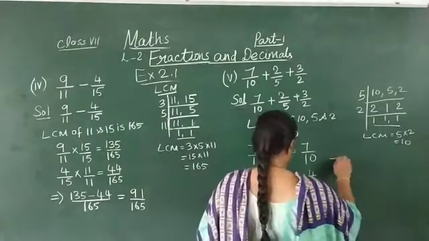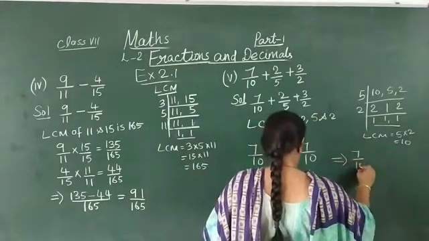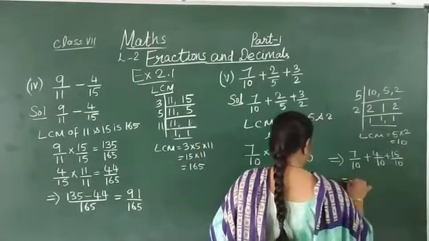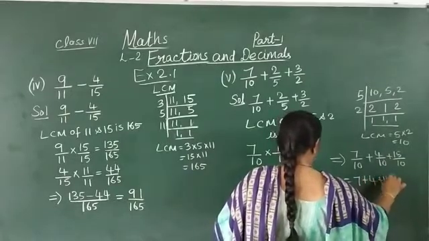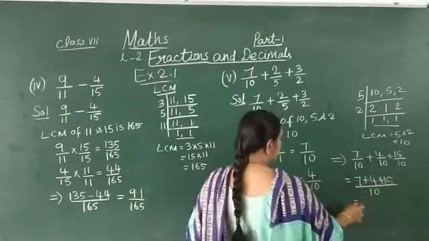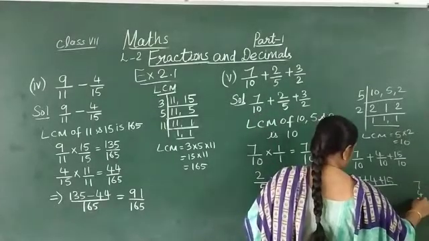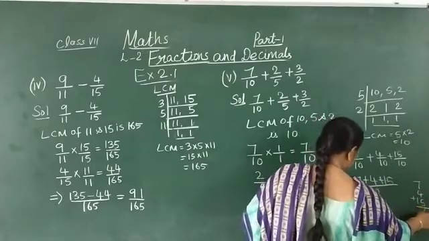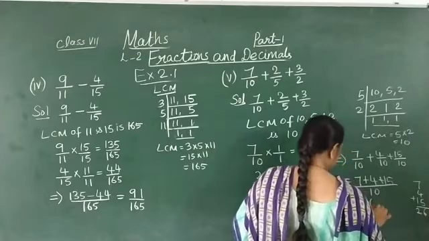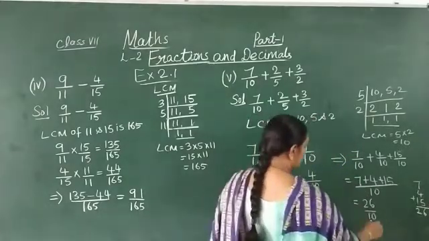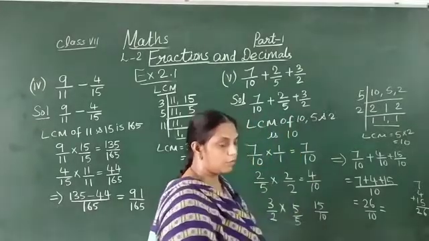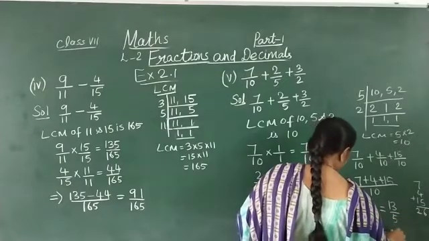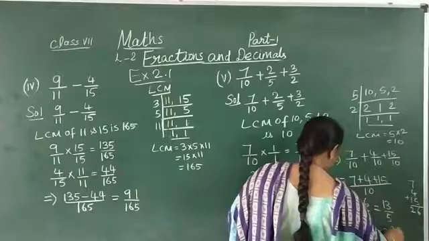Now we have to add this one. So it will become 7 by 10 plus 4 by 10 plus 15 by 10. So that is equal to 7 plus 4 plus 15 by 10. 7 plus 4 will become 11. Okay. Now we will add this one. 5 plus 4 is 9, 9 plus 7 is 16, 1 plus 1 is 2. So the answer is 26 by 10. So when you simplify again, 26 and 10 can be simplified, both will go in the 2 table. 13 by 5. So that it will become 2 5s are 10 and 3.